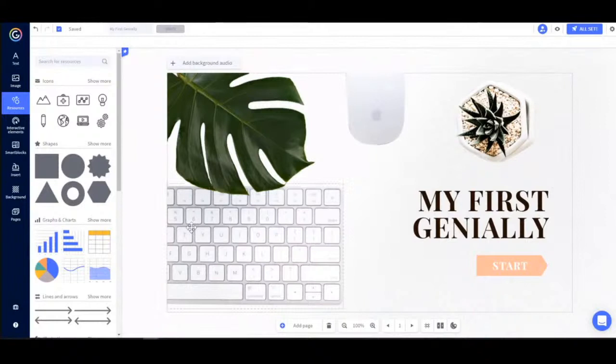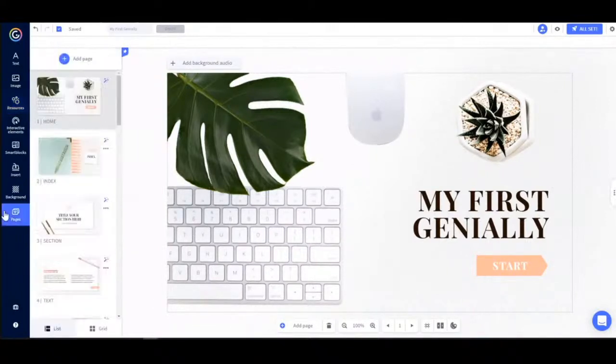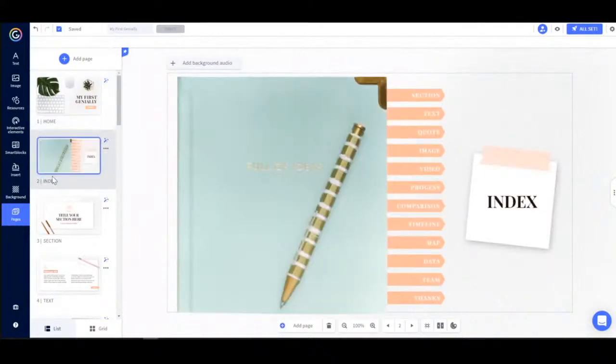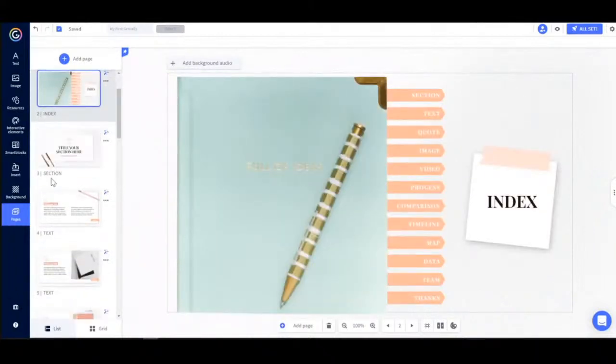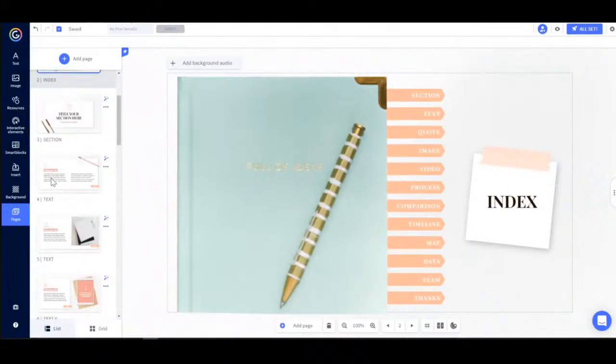Now, to navigate between the different pages of your creation, we can use the Pages menu from the main sidebar. We just have to click on the page that we want to go to, and then we can edit it. Now, from this same menu, we also have the option to organize our pages so that the navigation through our creation flows and is coherent.